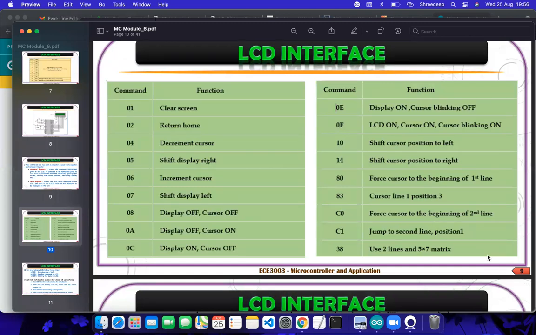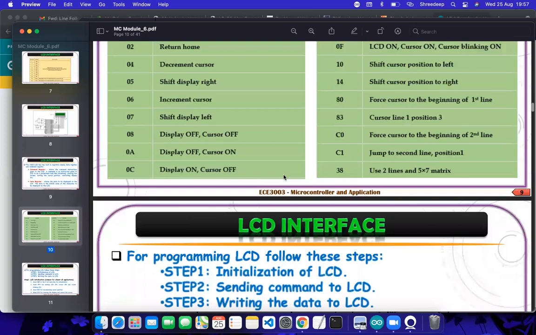I suggest that if you have time, you can go through some of the libraries written by those developers, for example LCD.h, Serial.h. You can get to know how they perform all such things and how they internally generate all such signals. Once you send LCD set cursor, it will perform a switch case, and from the switch case it will set the cursor to the beginning of the first line, second line, third line, fourth line, and so on.